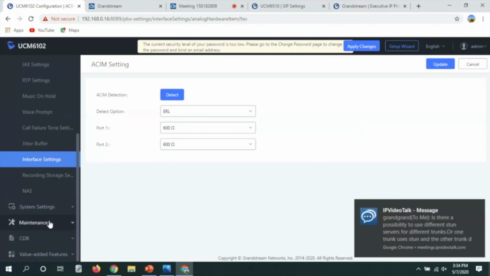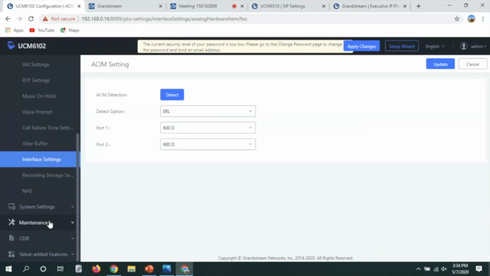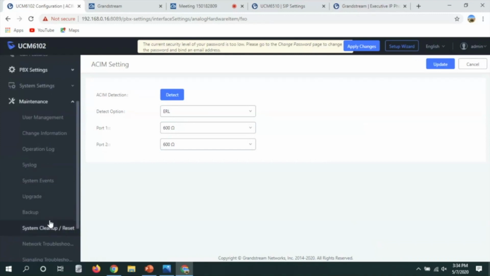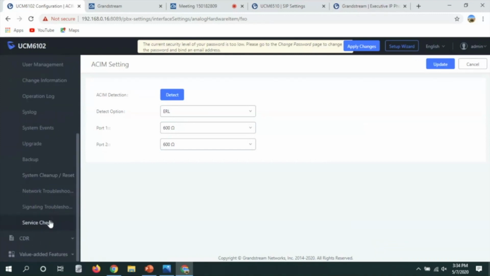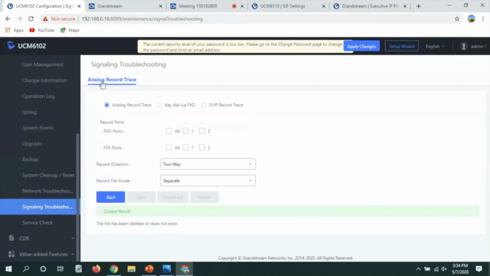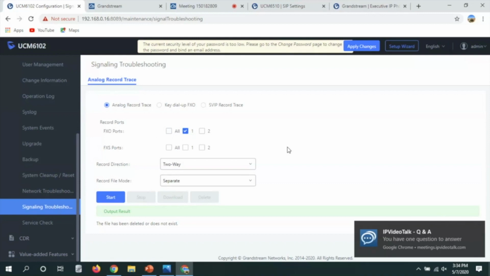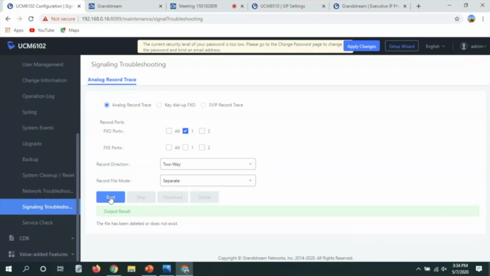So the lines are straightforward. There's not much that you have to toggle or change. However, in case you run into issues with analog lines, the UCM has the option of the analog record trace. So if you are experiencing issues in FXO1, you can select FXO1, start the trace, then make a call. And when you're done with the call, you can stop the trace, download it, and you can send it